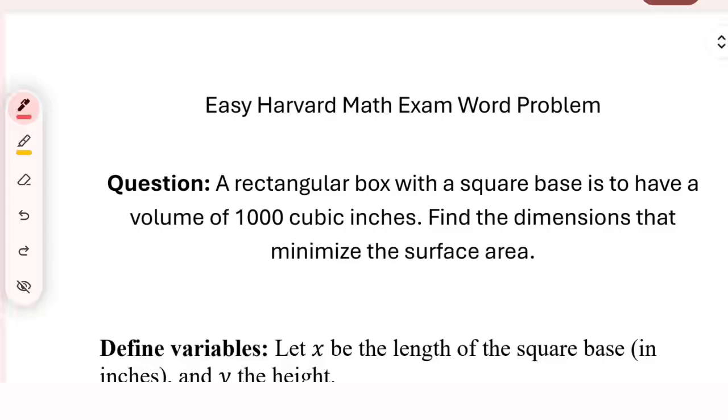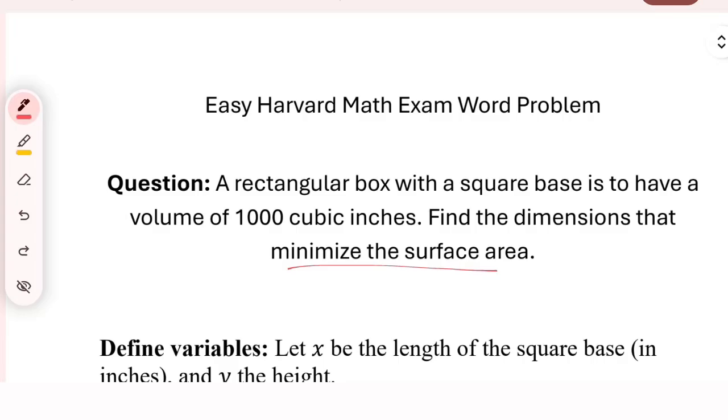So we are given a rectangular box. The base of the box is a square. So the keyword is square. That means the same dimensions for the base. And the volume is also given to be 1,000 cubic inches. Find the dimensions. What is required is we need to find the dimensions of the box that would minimize the